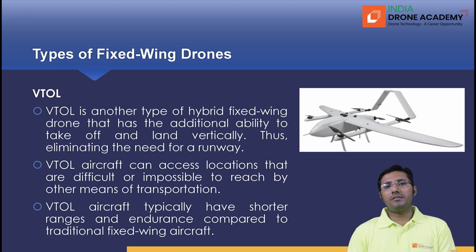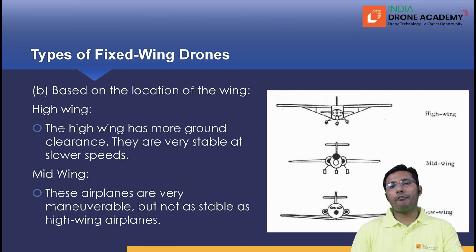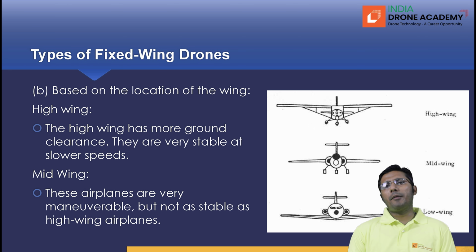So the types that we discussed were when we classified the fixed wing on the basis of the engine which is mounted. Now we can classify their types on the basis of the location of the wing. We can see in the figure that there is a high wing configuration which is possible. Based on the location of the wing, it can be divided into three types: high wing, mid wing, and a low wing. So the high wing, we can see in the figure that the wing is attached above the midline